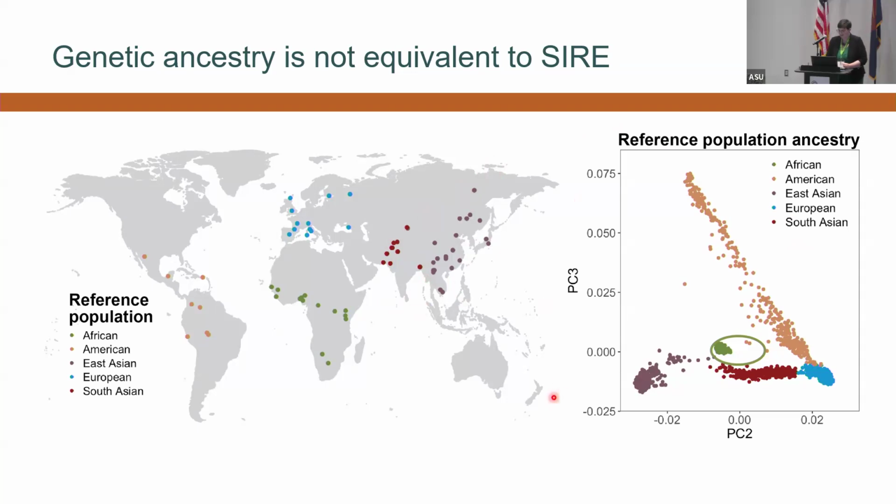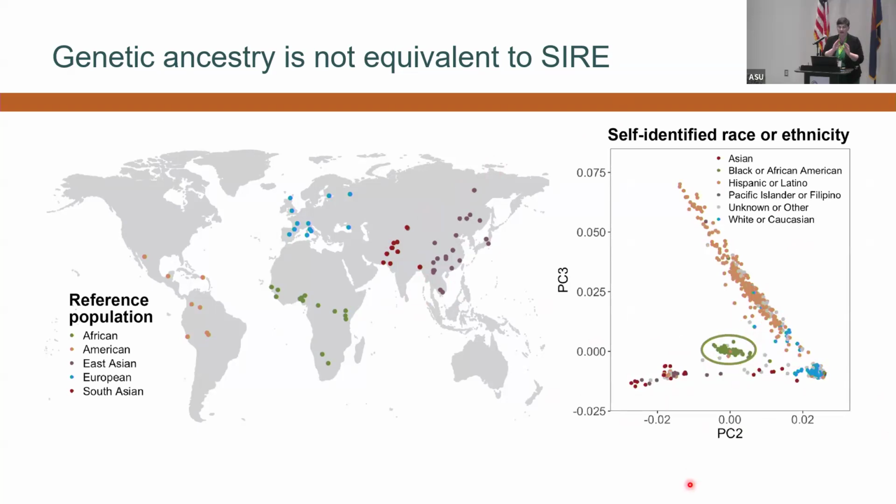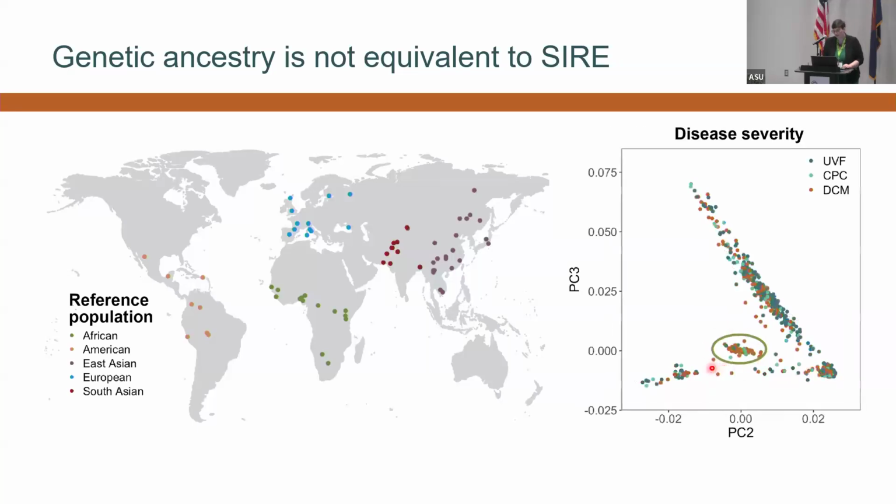And when you look at the principal components plot, this is PCs 2 and 3, you can see that those continental ancestry groups are somewhat clumped together. And I've drawn a green circle around the references that have African ancestry because when we plot our samples, the colors represent which race these individuals said that they were, you can see that individuals who said that they were Black or African American fall within this circle pretty well. So they match what we see in the genetic ancestry of our reference samples.